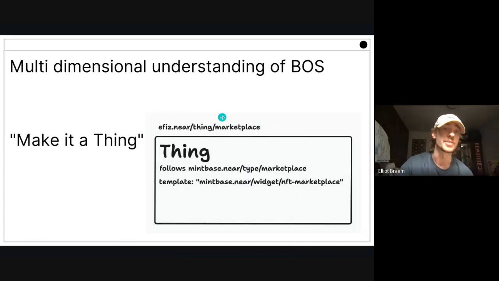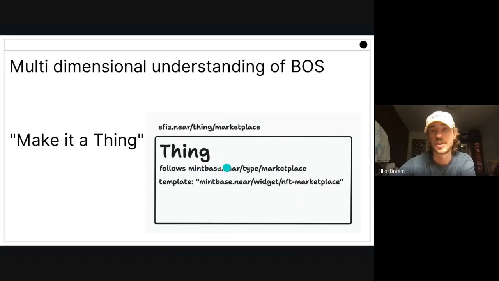So now you can introduce this multi-dimensional understanding of BOS, where you make it into a thing. What a thing is, it's a JSON that is pretty much hard-coded props that wrap around a widget, and those props from the thing get fed into the widget, and they follow a type. So the properties inside of this thing are predictable and understandable. It follows a predefined schema that we can store on chain.